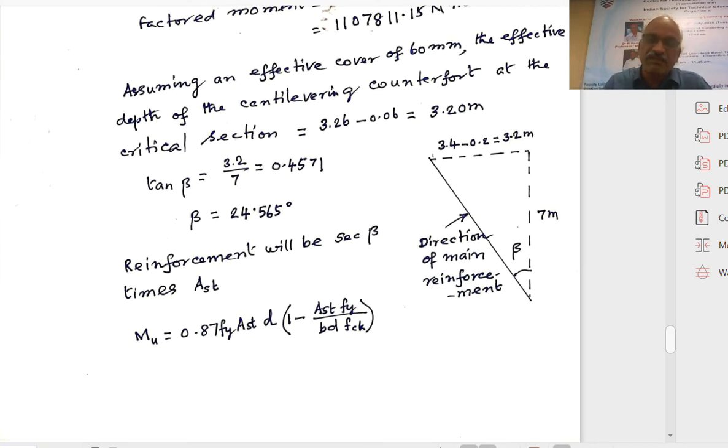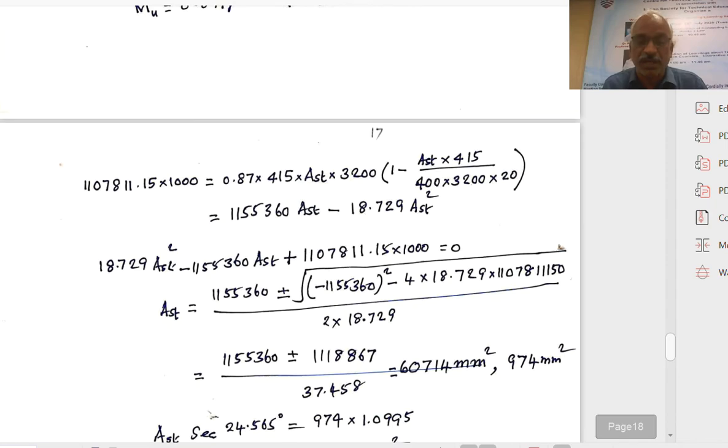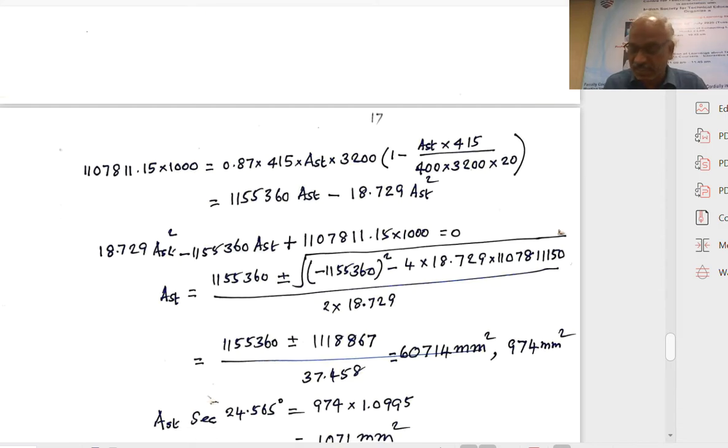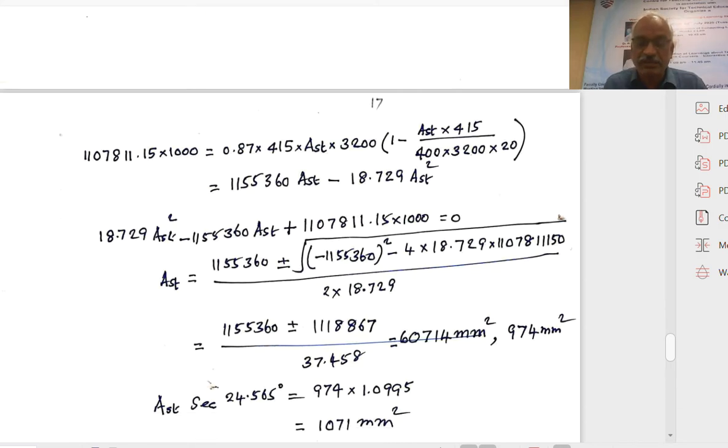Therefore, that inclination of the reinforcement is accounted here. So mu equal to, so area of steel, you are going to find out using this formula, the usual formula. We know the bending moment, equating the bending moment to the moment of resistance, steel formula 0.87 Fy etc. You find out the area of steel. This will not require any explanation.